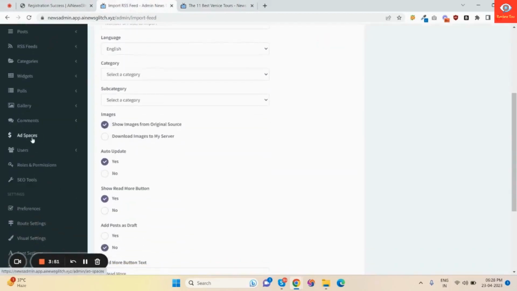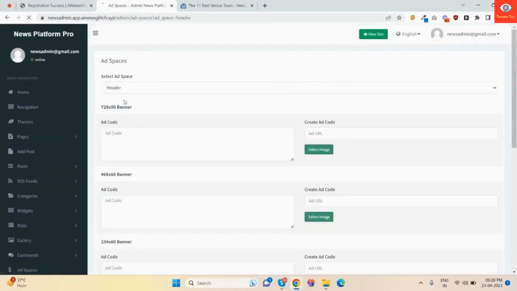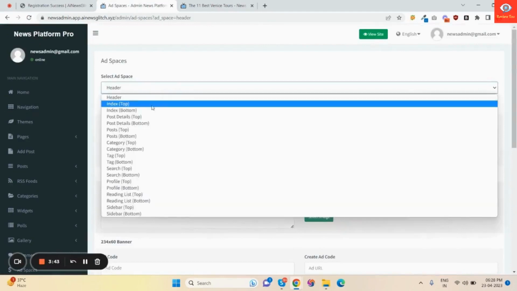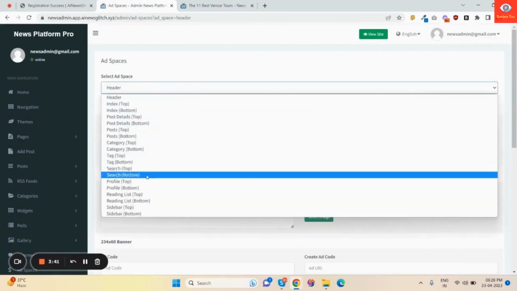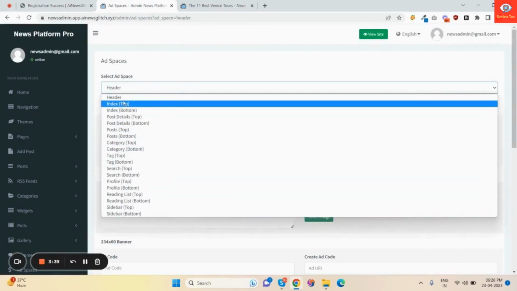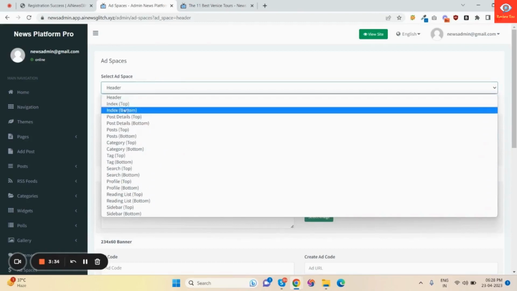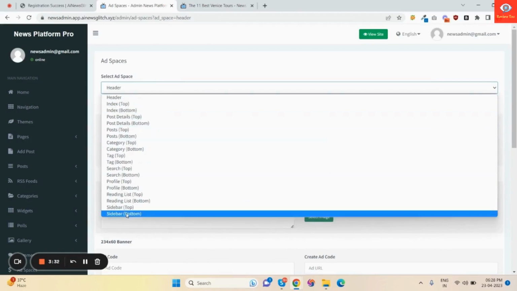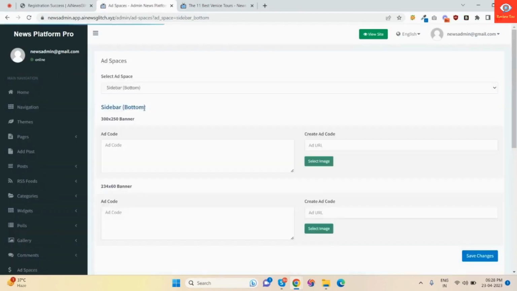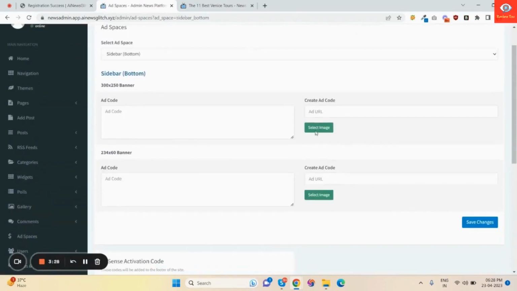Now let me show you how you can make money using Google AdSense. Now click on add space. Here are so many options like where you want to add your Google AdSense code. You can even add your manual ad banner. So just click on sidebar bottom. Now select image.